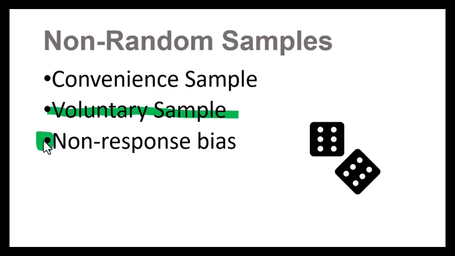And a third concern here, non-response bias, would be, say you send out a survey to 10,000 people and those people were all randomly selected, but only 150 of the people actually completed it. So if you're seeing a significantly low response rate on a survey, that could create bias because the people who actually respond might not be the same as the people who were selected for the random sample to begin with.